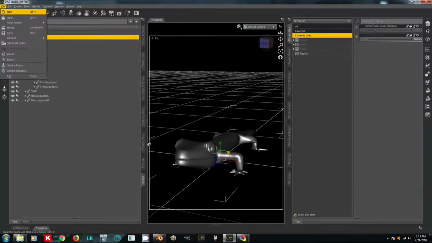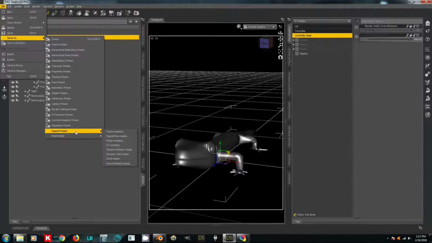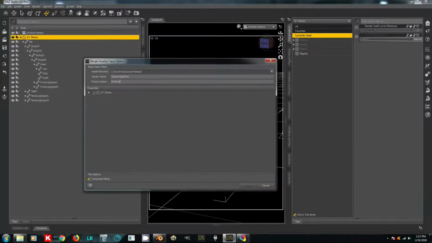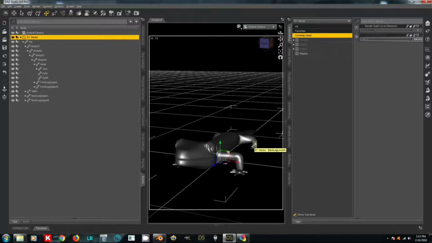So then I will save my morph using Save As, Support Asset, and Morph Assets. And I'll just say Base under my vendor name there. And then I will click on the JCM that I just made, and then I'll click Accept to save it. This process can be exhausting because you're going to have to do a lot of JCMs across a creature